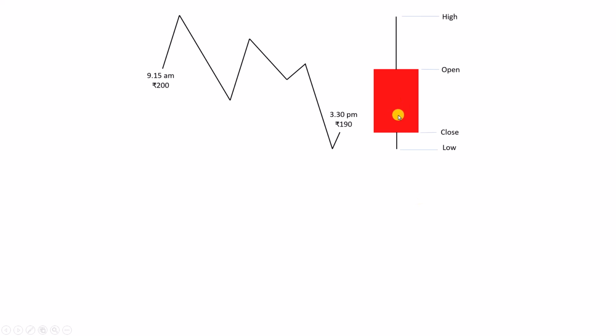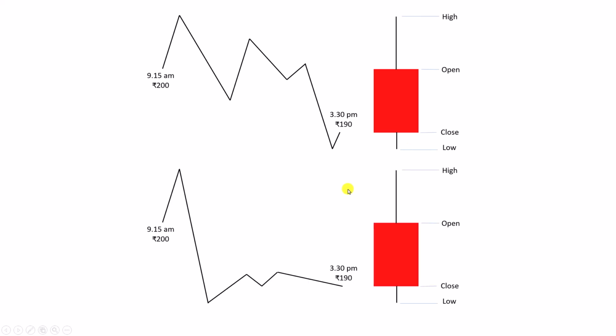This here is the candlestick that I had taken in the previous video to explain how a red candlestick is formed. So here is the opening price, opening level, and here is the closing level of this candlestick. The path taken by the price is this. This is the highest point, this is the lowest point. Okay? Now, if the price takes this path, then we would be getting the